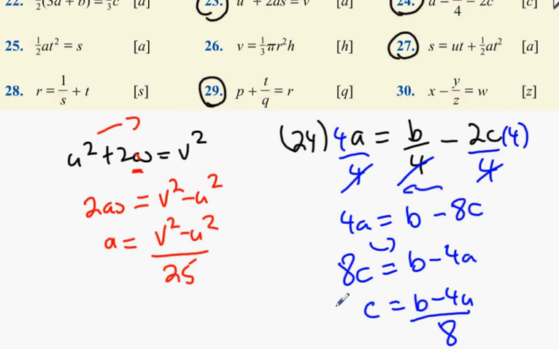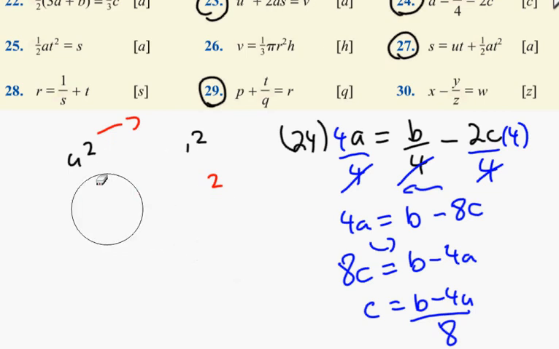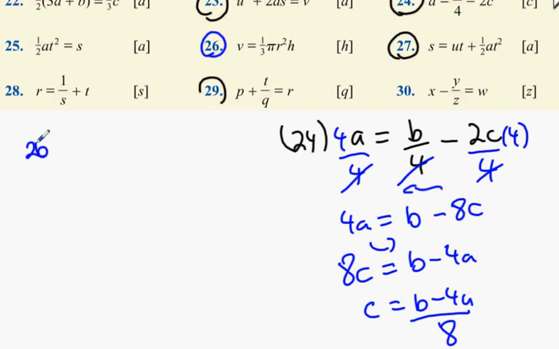Now, 27. And after 27 is done, we're going to go for 29. 26, okay. I'll do 26 instead of 27 then, okay. 26, okay, is